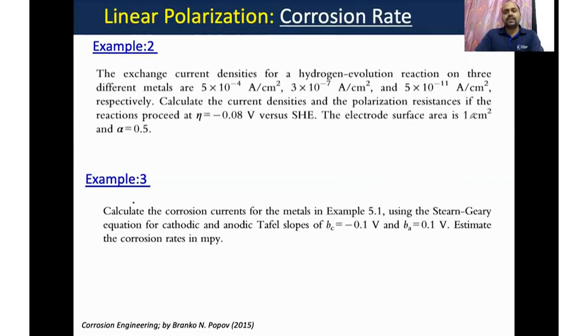So what do we mean by the open circuit potential? We are not applying any current, or we are not applying any potential. What is the potential we are observing with reference to the reference electrode? That is known as the open circuit potential. And this is particularly a thermodynamic parameter, meaning based on the thermodynamics of the system or the electrochemical cell, we are going to observe different values of OCP. So if an electrochemical reaction is happening due to the corrosion, the thermodynamic conditions will be changed, and that change is going to give the difference in the OCP.